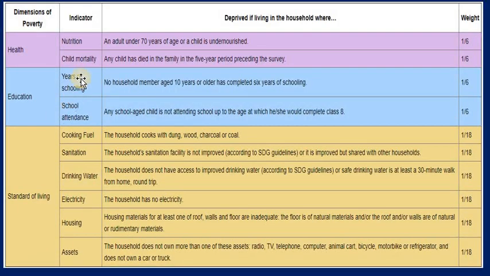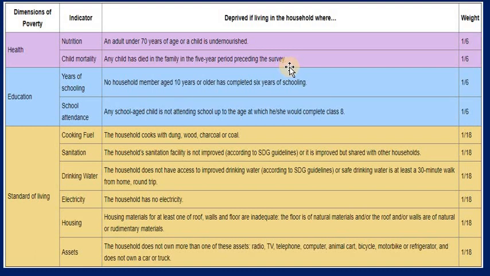That is health, nutrition: an adult under 70 years of age or a child is undernourished. Weightage 1/6. Child mortality: a child has died in the family in the 5 year period preceding the survey.